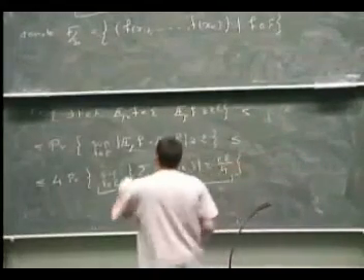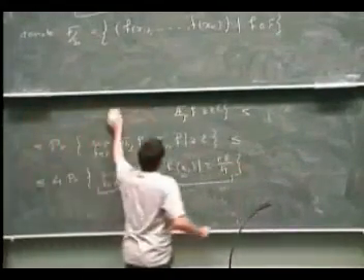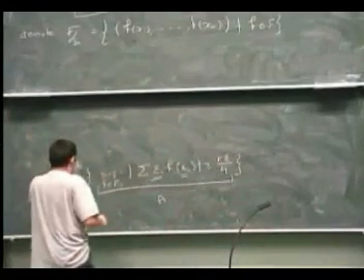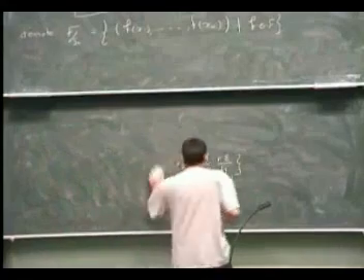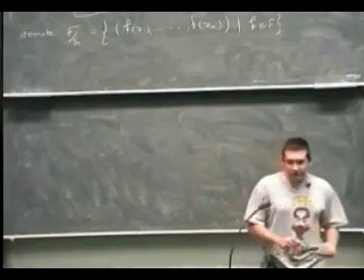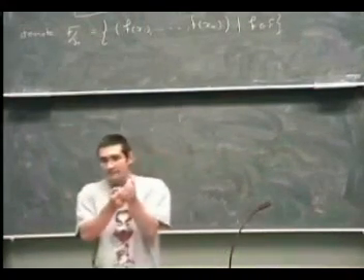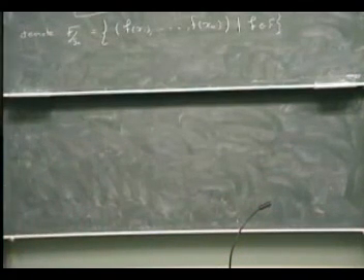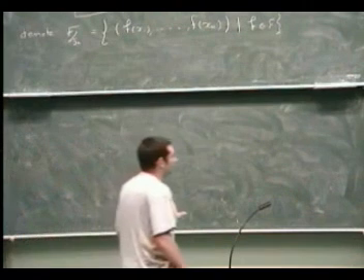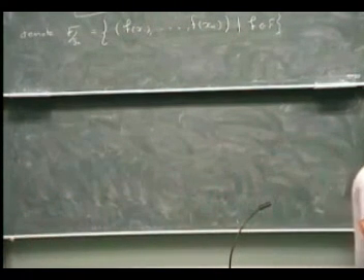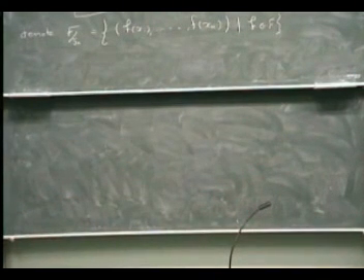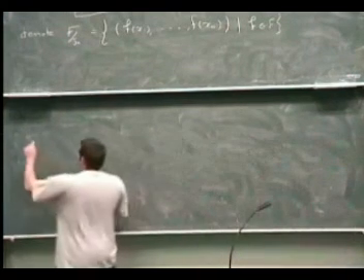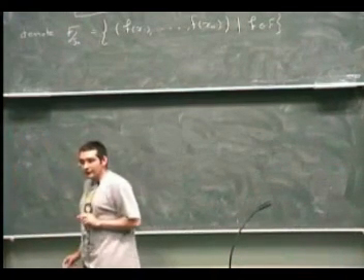Define an epsilon cover of a metric space as a finite set of functions such that every element in your space is epsilon close to one of the elements of the cover. Okay? That's the idea of an epsilon cover. Now, I have to specify the space and I have to specify the metric. So in this case, I'll tell you which metric I want to look at.